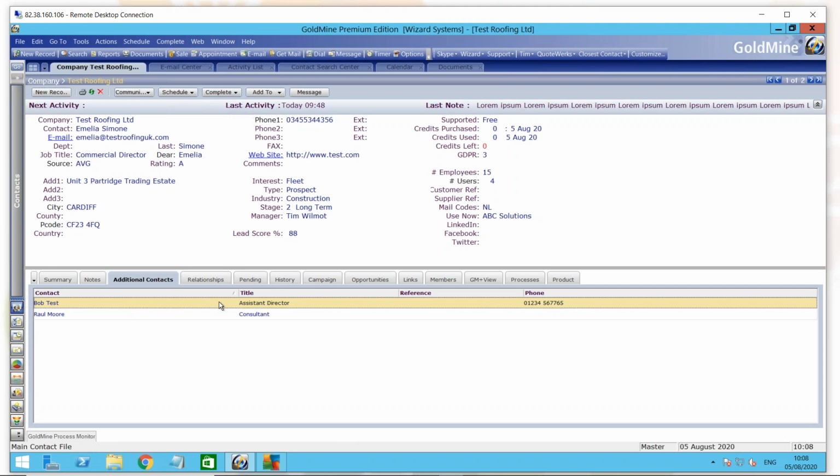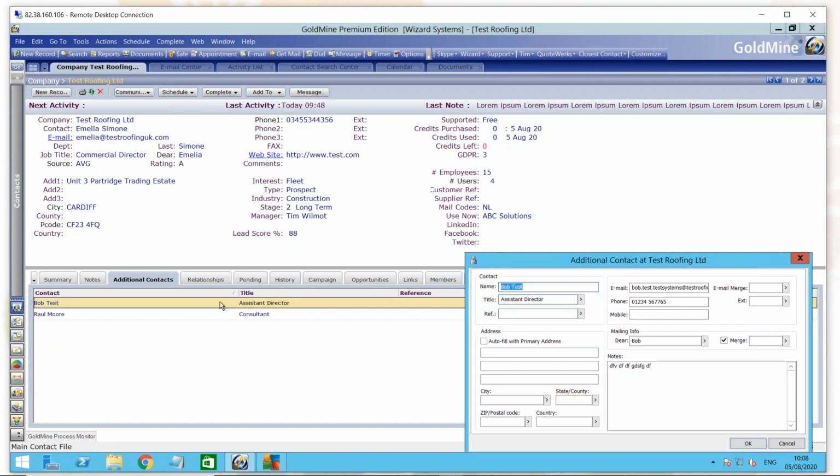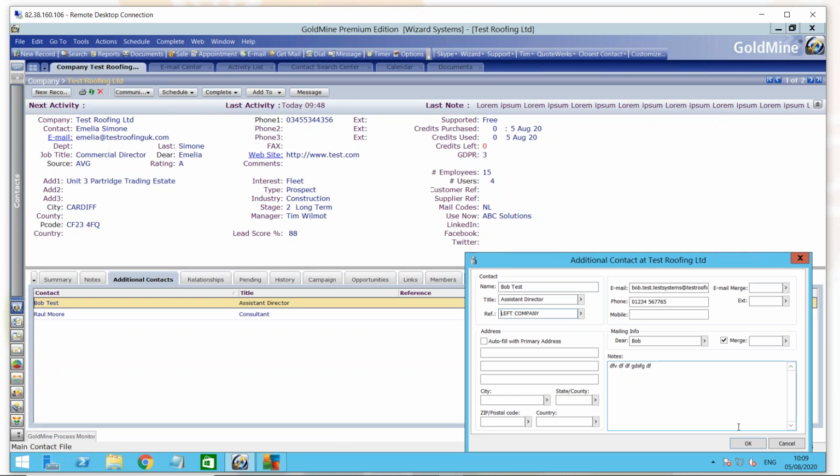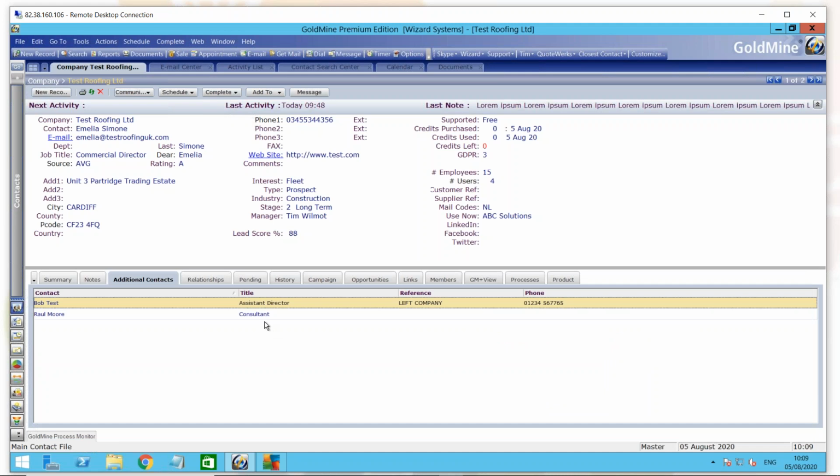Sometimes a good idea is, before we finish on this one, just to double click on Bob's record there. And in the reference field here, which is a short comment about this additional contact, you can put anything in there. But you do have a little drop down list there. So maybe you want to pop in that Bob has left the company. So anyone stumbling across this record will be able to see that. So that's